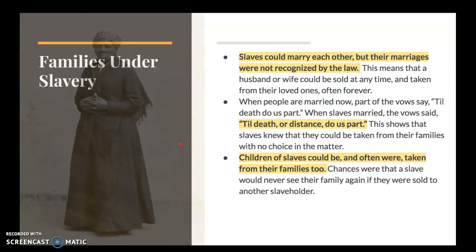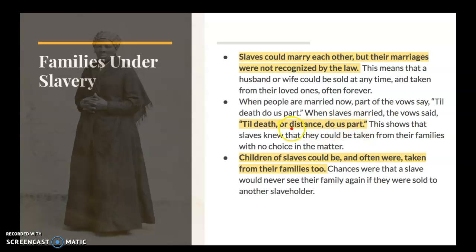You might ask, what was it like to be in a family if you were a slave? Slaves could marry each other, but their marriages were not recognized by the law. What does that mean? This means that a husband or wife could be sold away at any time and taken from their loved ones, often forever. When people are married now, part of the vows say, "Till death do us part." When slaves married, the vow said, "Till death or distance do us part,"